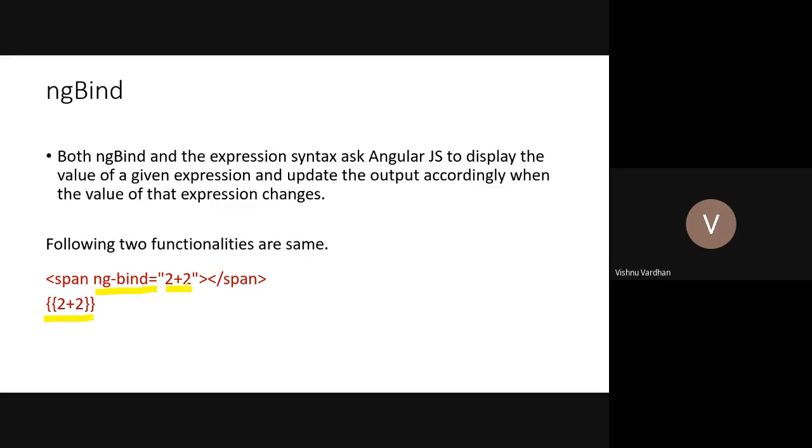So that means the data binding from the model, here we can understand this as a model and this as a view. In this it is actually binding this model to this view automatically, and you don't have to hard code the values here, because whenever the model is getting changed, it will be reflecting the changes accordingly. And how can this functionality be achieved? By using this ngbind directive.